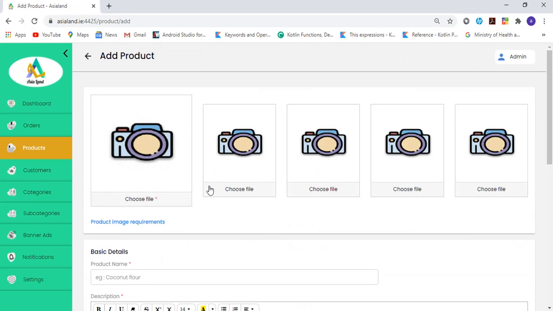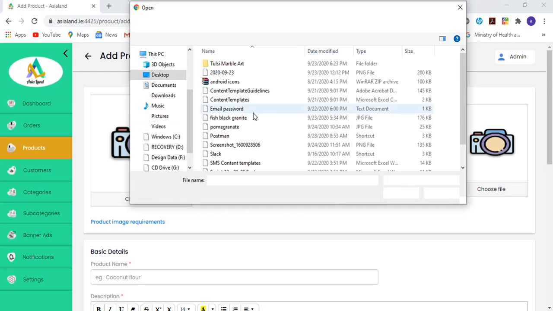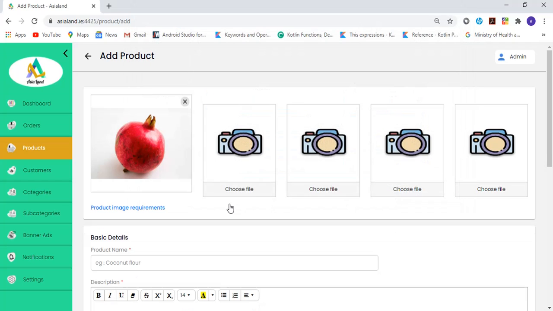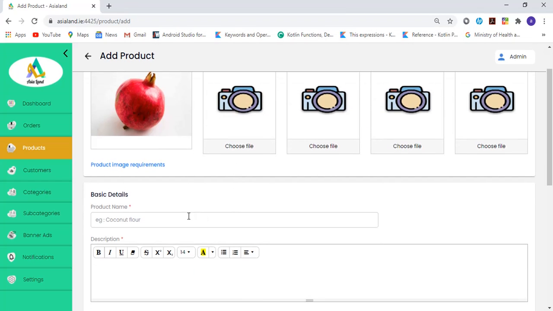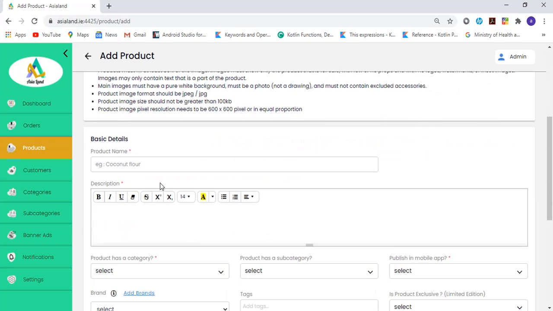For adding a product, first we have to add the image for the product. Let's add the image for the product. After uploading the image or images, the admin has to enter the details of the product.